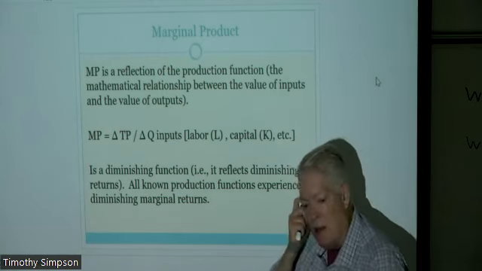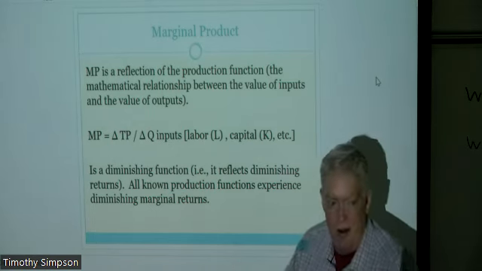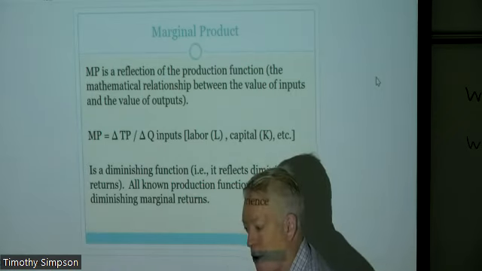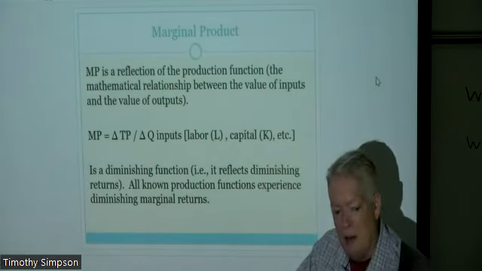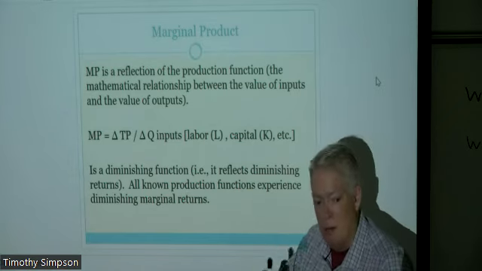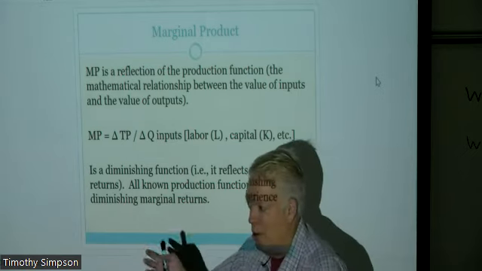Now how productive is that, right? Because if somebody's on the phone, then obviously customers are trying to call in, can't get through, hang up, don't call back. It's not very productive. What if we had a second phone line? Now, this is an addition of an input in the production process. Well, then we're going to miss fewer calls, and we're going to be able to produce more because more people are going to be calling in, or whatever the business is.